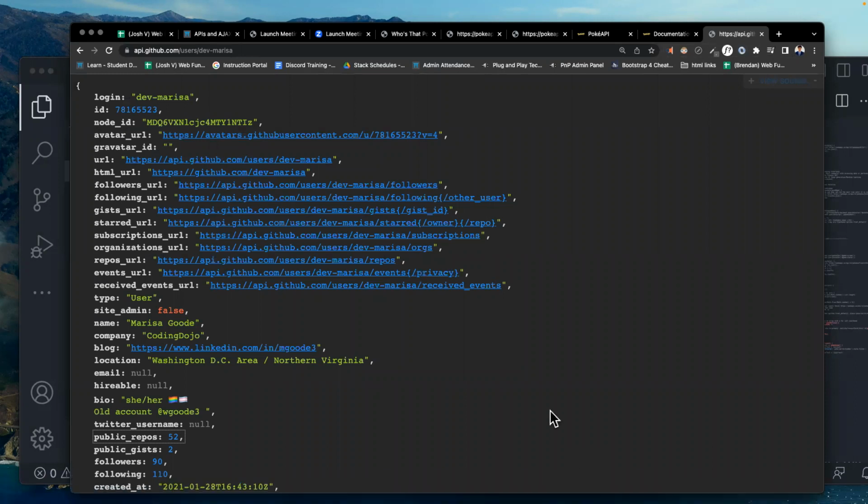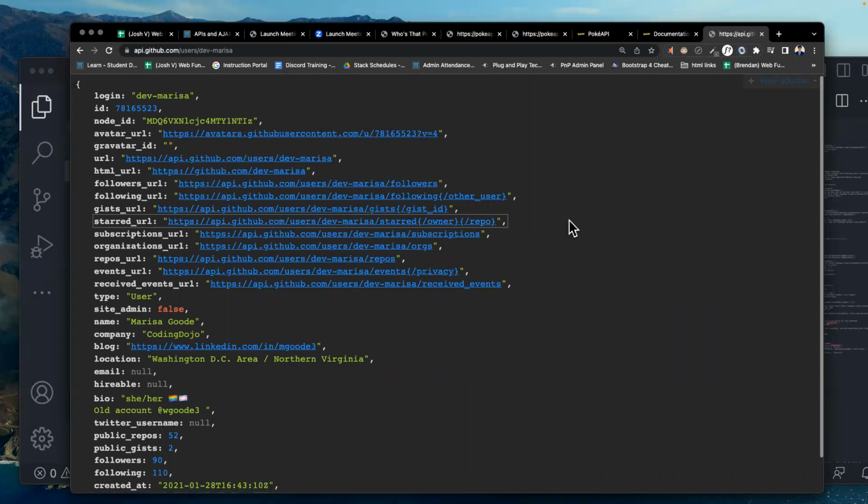It highlights different colors. So that's what I'm using here now. In case you don't see that, you can use JSON View as an extension. Okay, anyways. Here we are. We have login, dev Marissa, ID. This is a number. This node ID is a string.